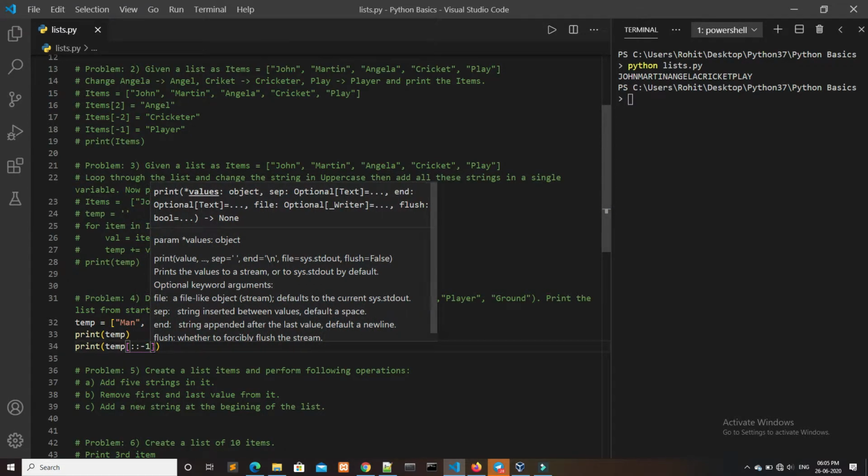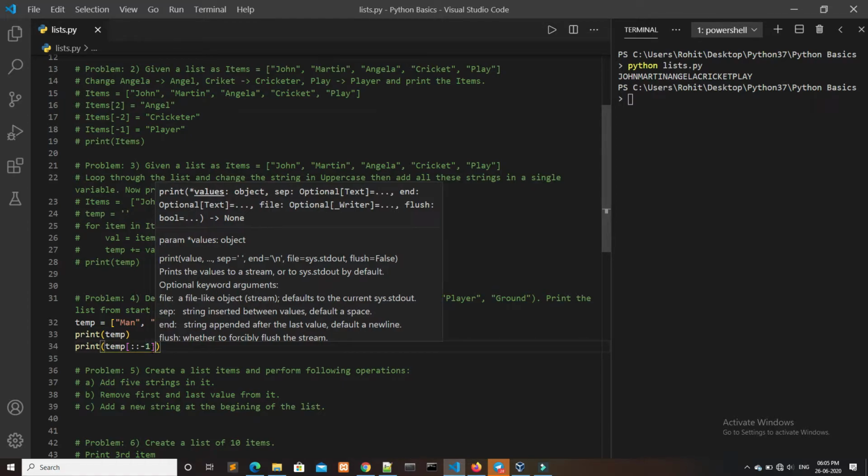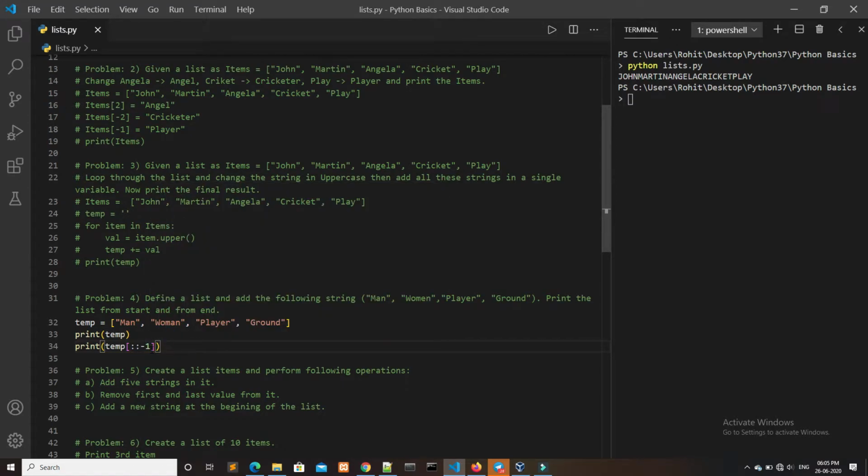Here we are assigning the last value as step, that is how the print method will print the values in temp. So it will start from last and will go -1 in the backward direction. So this will print the desired result. Okay, so to print it, write pythonlist.py.